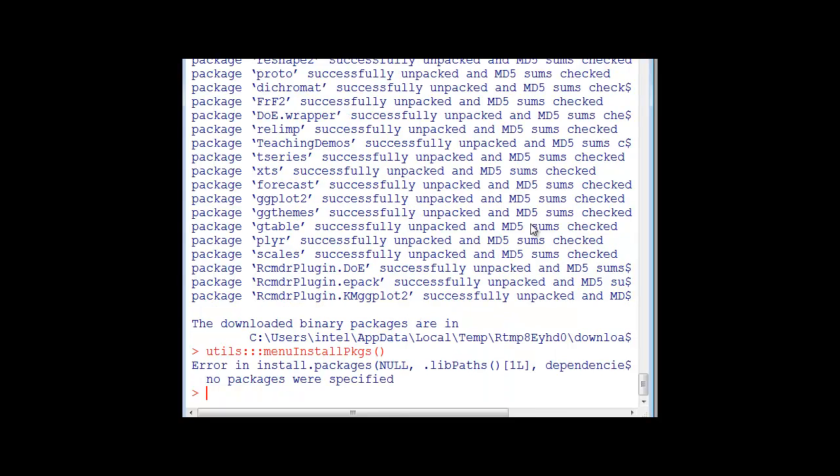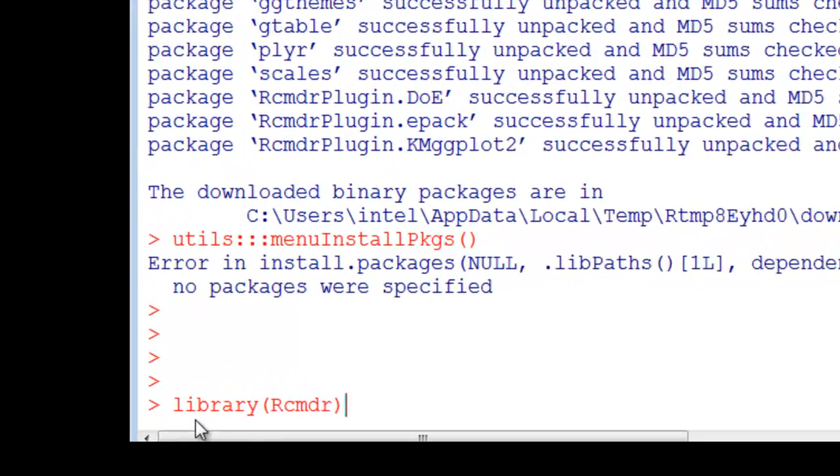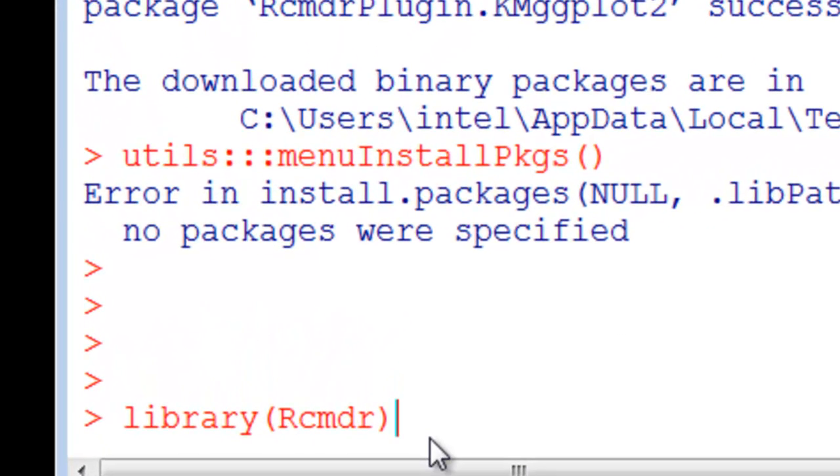Now let's see how to work on them. See here, after installation you will get the result that the packages are successfully installed. After successful installation, write library(Rcmdr), the R Commander, and enter.